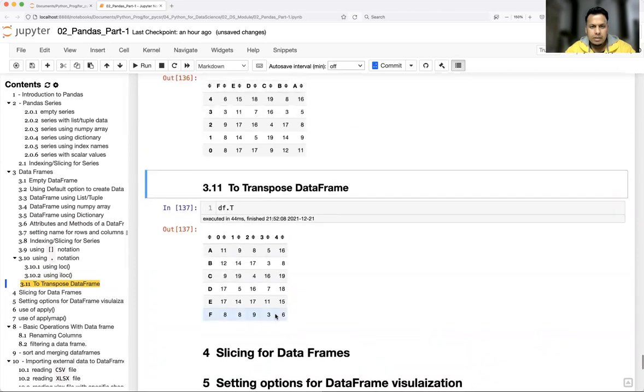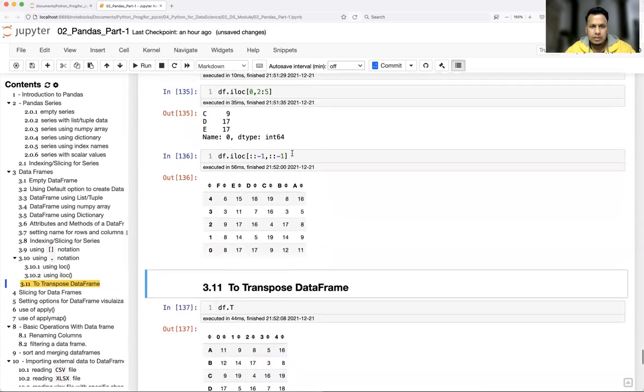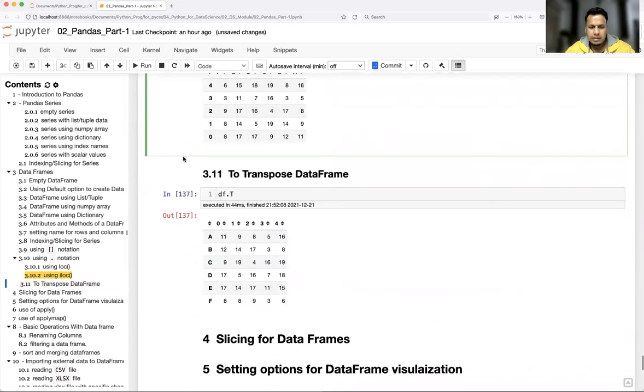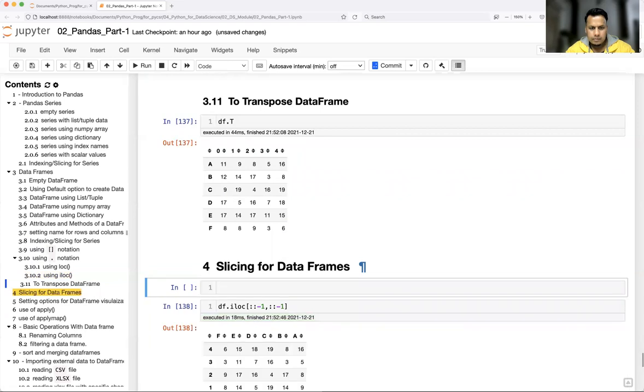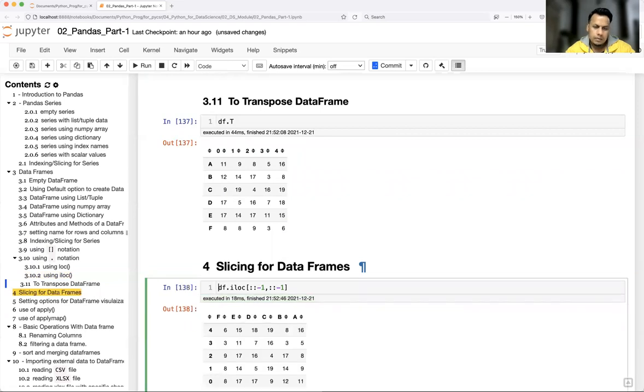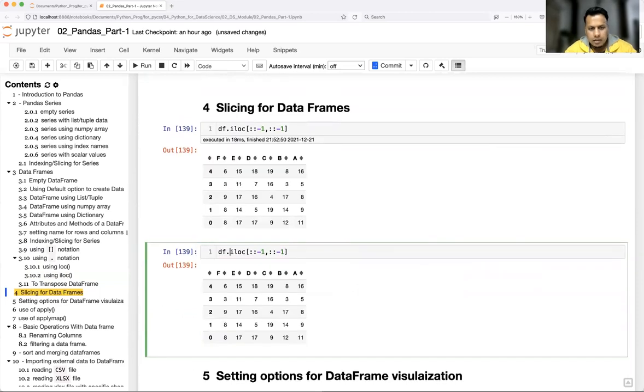So slicing I already showed. You can use the direct way, the way you did. What else can you do? You have this, then what else? Slicing using labels you can also do. Okay, but you need to use LOC.